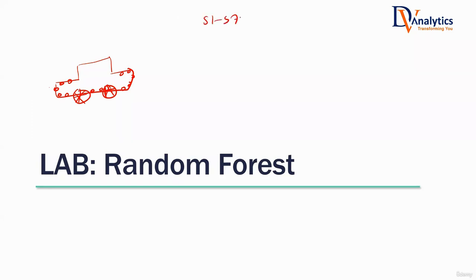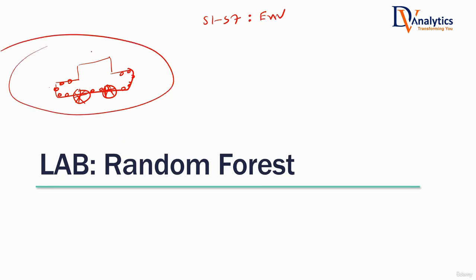Some 6 to 7 sensors they have kept will continuously track vehicle environment related data, the vehicle's surrounding environment. What are all the details? How far is this vehicle from the vehicle behind? How far is it from the one in front? In the outside environment, what is the temperature outside? One sensor will capture that. Is it raining? Is it snowy? Is it windy? One sensor will capture that. Like that, there are 7 sensors that will capture the vehicle environment related details.